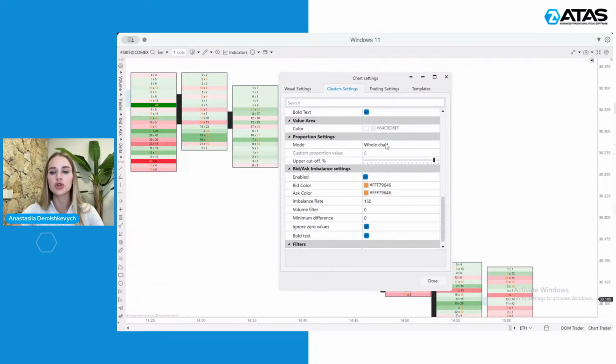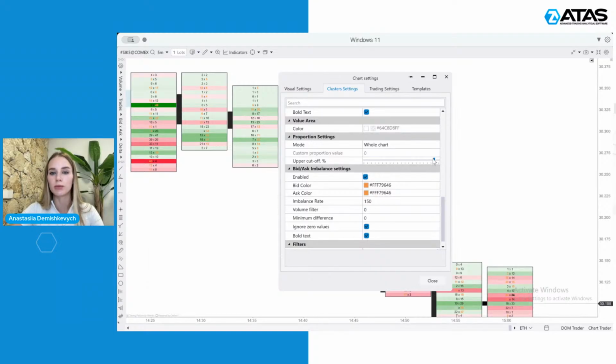Now I use the whole chart, so it takes the whole chart and selects the important levels that are outstanding from the average. So outstanding disbalance between asks and bids, and outstanding amount of asks and bids. And the higher the disbalance between asks and bids in every single price level at every tick, the brighter